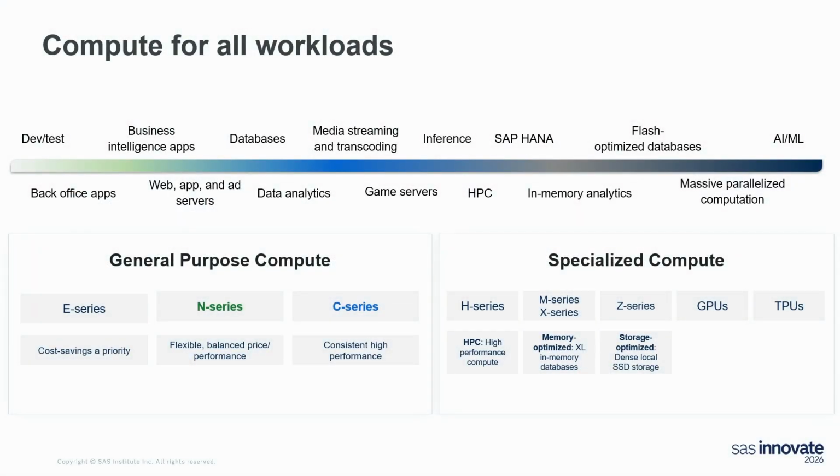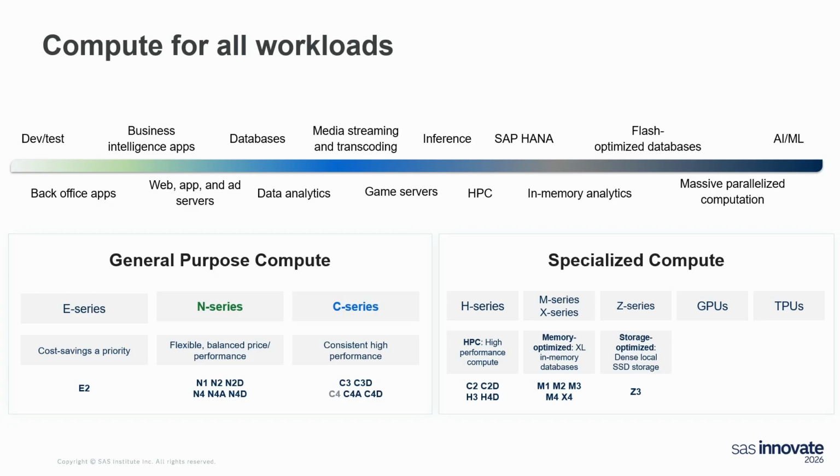Hi, I'm Brooks with Google Cloud, and I am proud to be here with you today. I'm a customer engineer, and I'm going to talk about C4 on Google Cloud. So what we are looking at here is a fairly comprehensive spectrum of workloads as we see it at Google. From left to right, it really breaks down to general purpose and specialized. At its core, that's really where they live, and the C-Series focuses on that consistent high-performance benchmark that we need to hit for certain workloads.